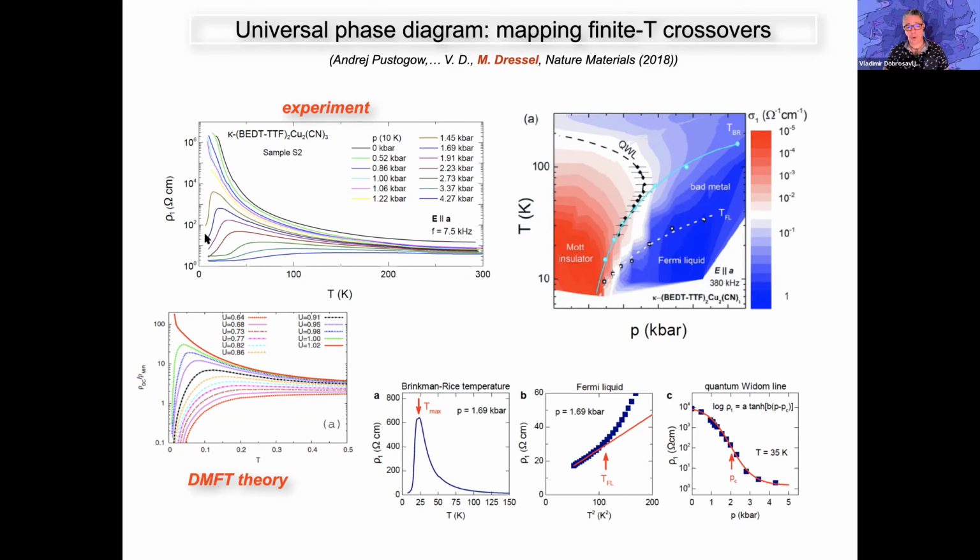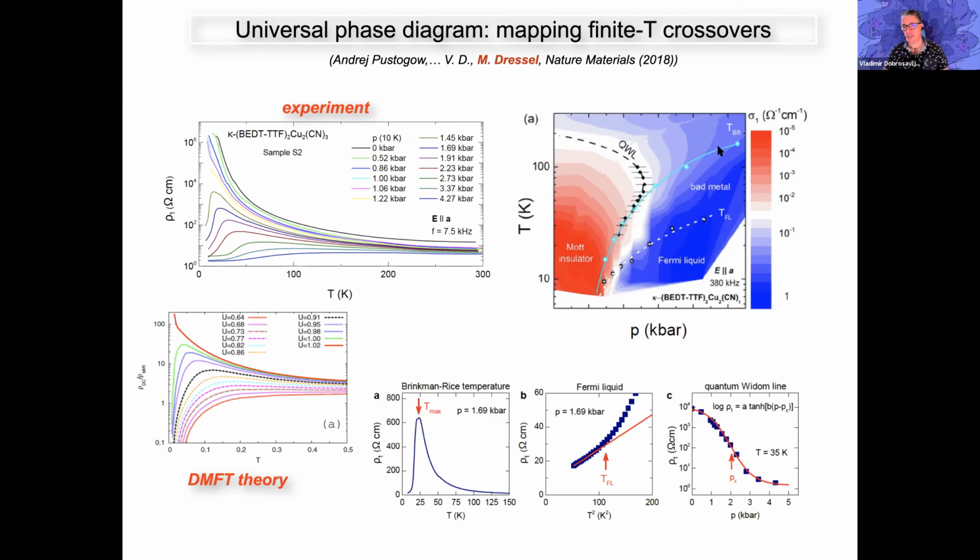And from transport measurements, you can see the resistivity maxima give you this Brinkman-Rice line, which is a boundary between the quasi-particle regime and the high temperature incoherent regime. You can also see at low temperature T-square behavior. So you can map the Fermi liquid regime here at low temperature. You can see an inflection point as you scan pressure to go from an insulator to a metal. And the inflection point means this is on the log scale. Here there's a large resistivity drop, and this is the boundary. It maps the boundary where the Mott gap closes at finite temperature. So this is the quantum Widom line that Anya discovered.